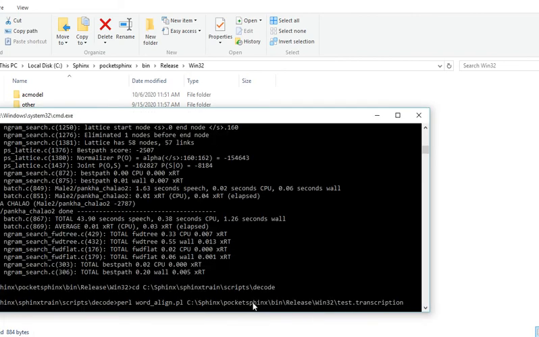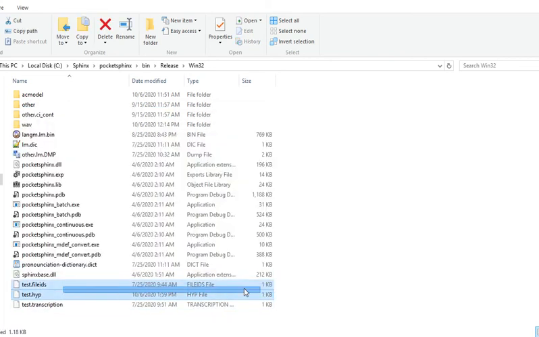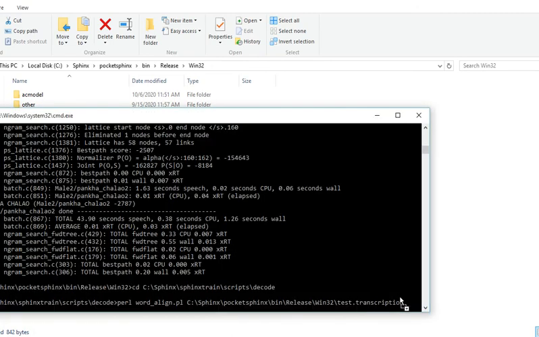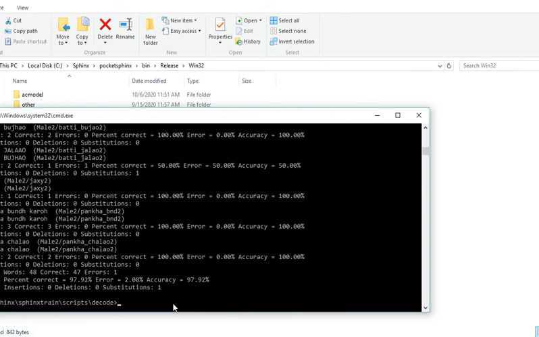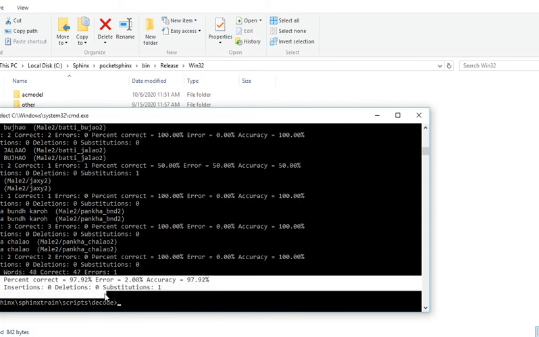Remember it with path. If you don't choose the path, it will give an error. Then after this I'll use the hypothesis file here. Now I have word_align with the test transcription followed by the path and the test hypothesis. So I just enter the last one, and it will print out the accuracy.